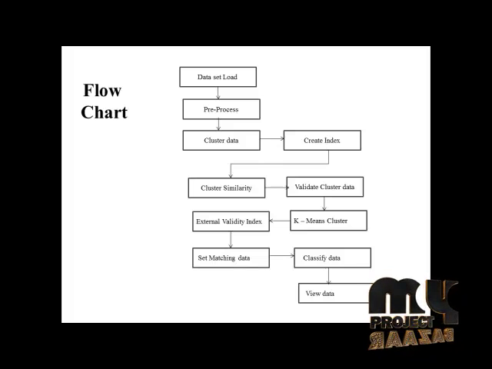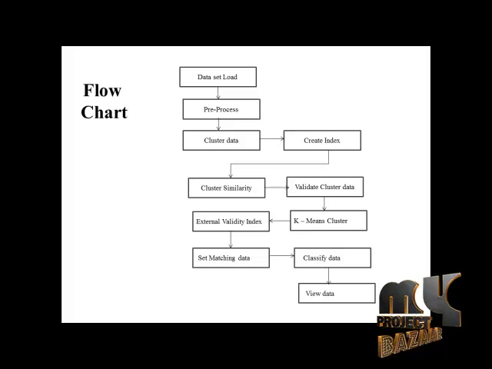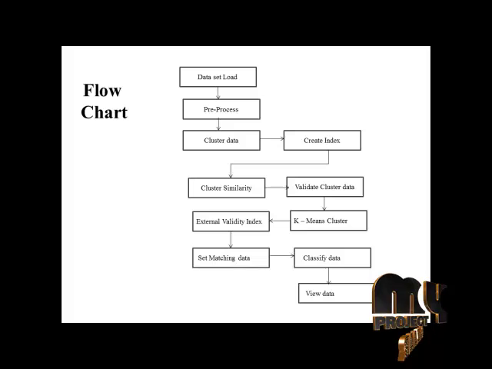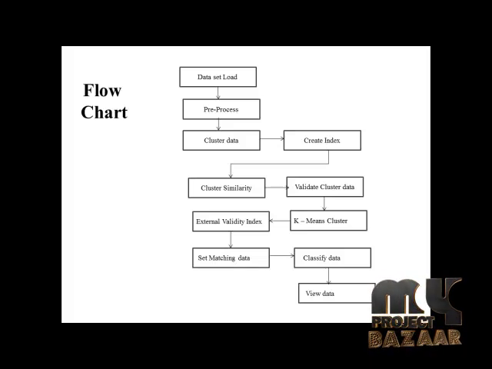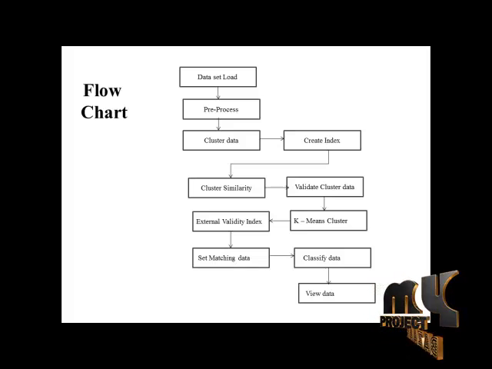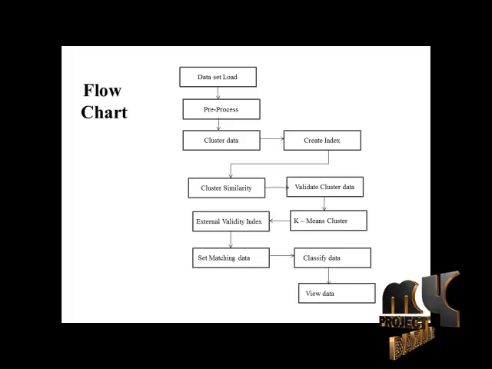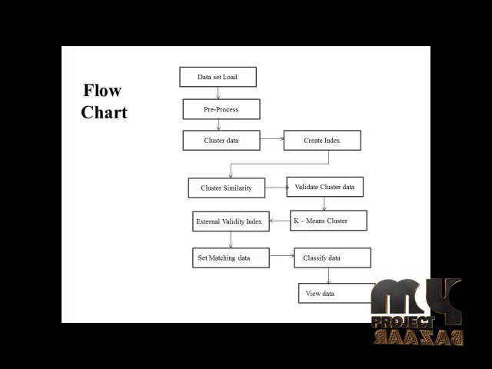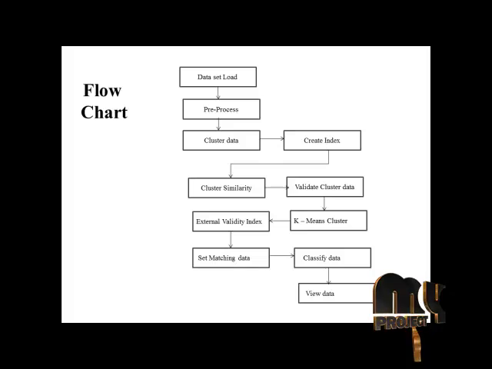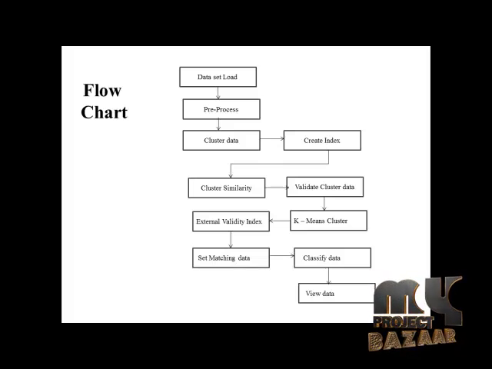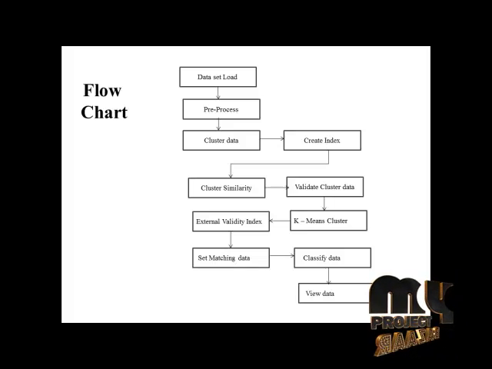This is the flow diagram for the clustering data to be analyzed for data mining. The first step is the data set load. Here we will add different attributes to create data sets, and we will use multiple data sets to be processed. The file chooser is used to choose particular records or data, and once chosen the data set will be loaded and stored in the database.